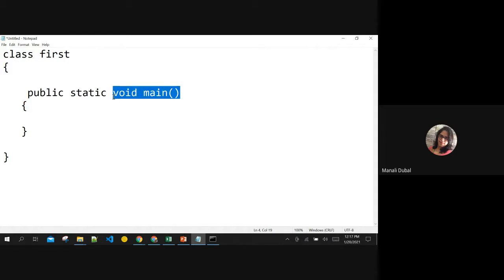It doesn't matter in which drive you are working. And if something is public, it means it is shareable across all the drives in your device. Void main is the entry point of the program, which you already learned in C, right? Now, if this entry point is not public, nobody will be able to run your program. That is the reason void main is publicly qualified.